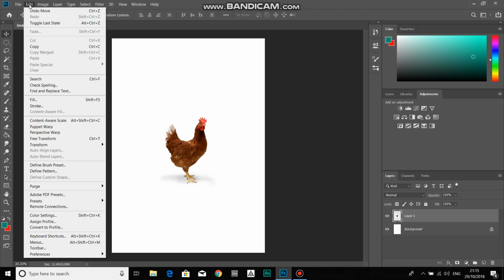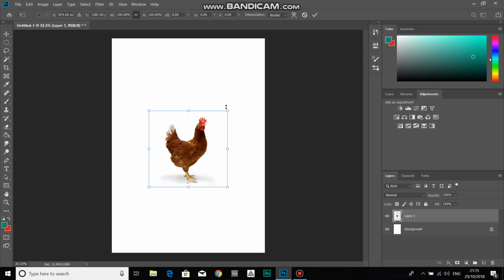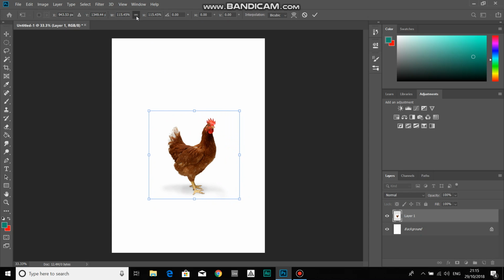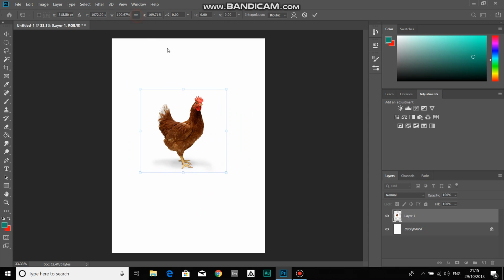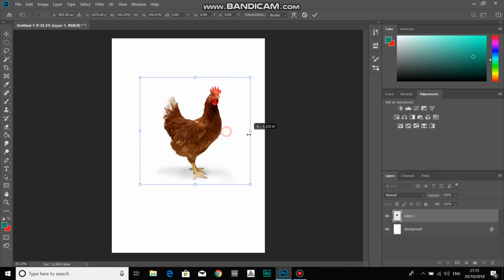So what I do is go to Edit, Free Transform, and that brings up the bounding box. So this little box here, and there are these various tiny little squares around the side, and these will allow me to reshape that image. Now if I click on it from the corners, and with this important lock between the width and the height selected, it means that it'll always keep its aspect ratio. Okay, if I take that off, and I'll tell you what I mean, and I move it again, and I can